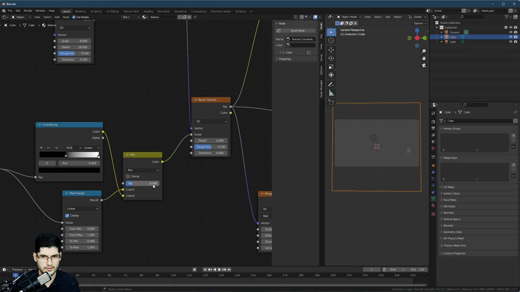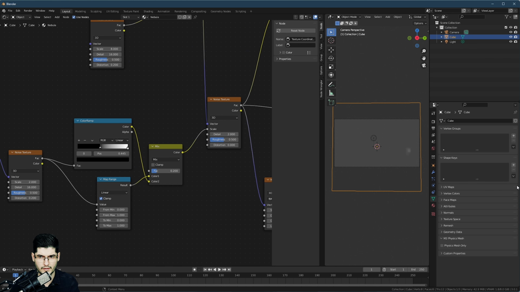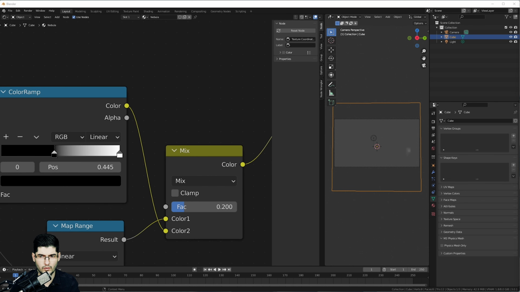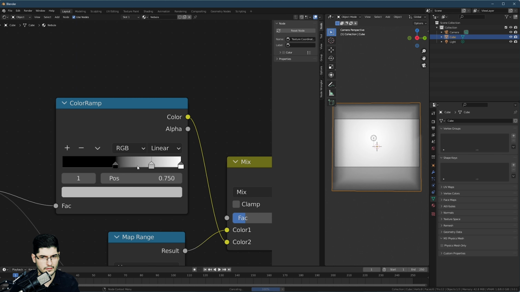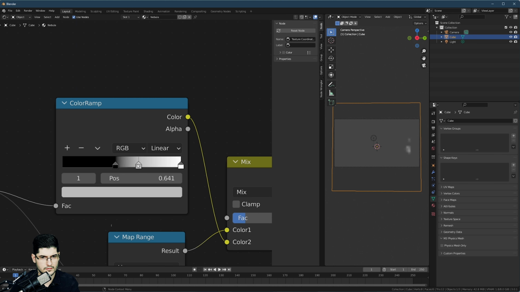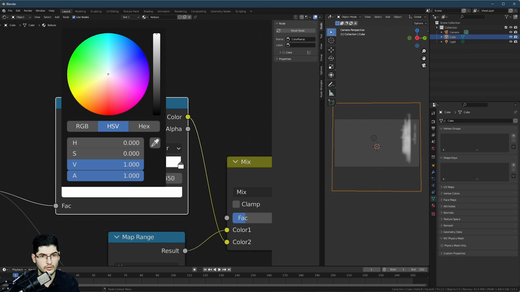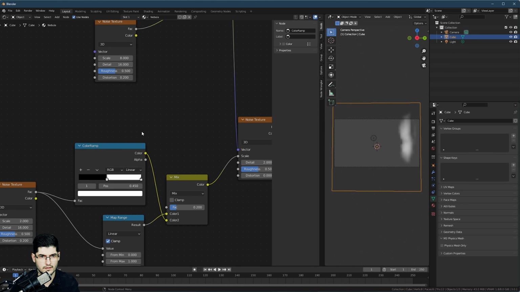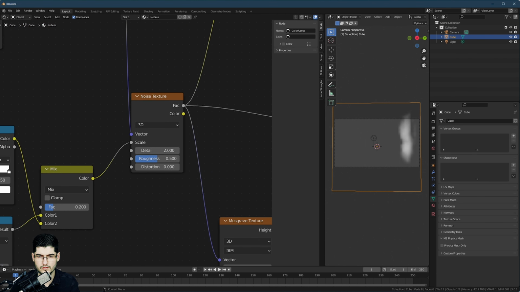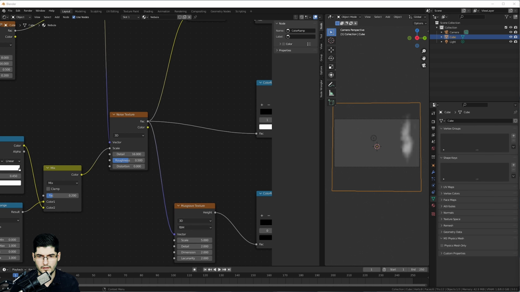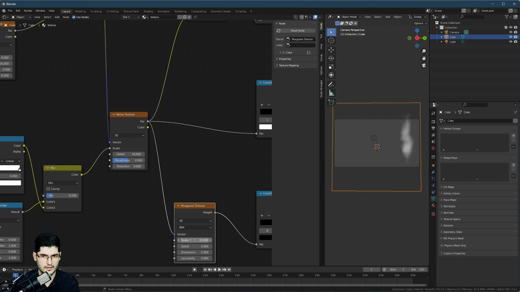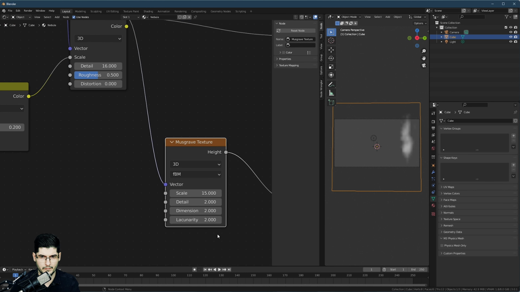So I want to do like a factor of 0.2 between this sort of value here, and I also want to add another point in here and just make this gradient a lot sharper, and switch it over to a white. Like that, you can see the gradient now as I switch it over to a white. And now this noise texture from here, we want to switch this to 16, and that's about it really in that respect. The Musgrave texture that we've used down here, we'll leave it as 3D and FBM, but then 15